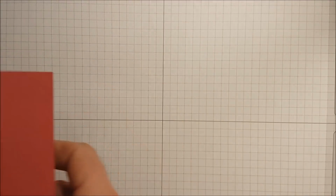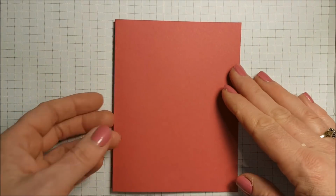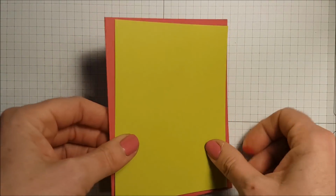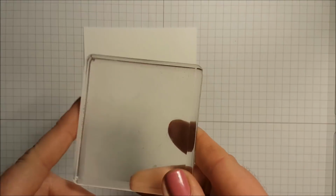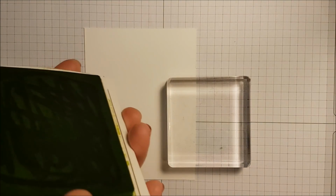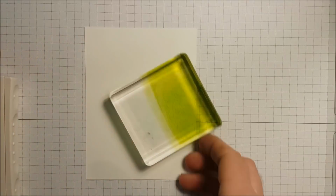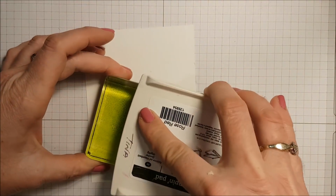So for this video, I'm going to use a rose red card base. This is one of our retiring colors, and it's a pretty color, so I thought I would use that. And then we're going to brighten it up. Lemon Lime Twist. Okay, so I have my clear D block, and I'm taking my Lemon Lime Twist and my Rose Red ink pads, and I'm going to ink up this block. So I'm starting with the Lemon Lime Twist, and I'm only covering half. Then I'm going in with my Rose Red,